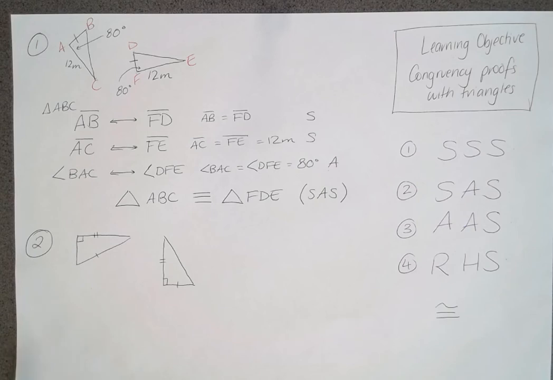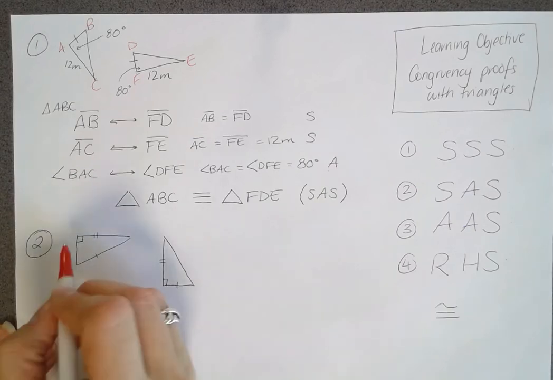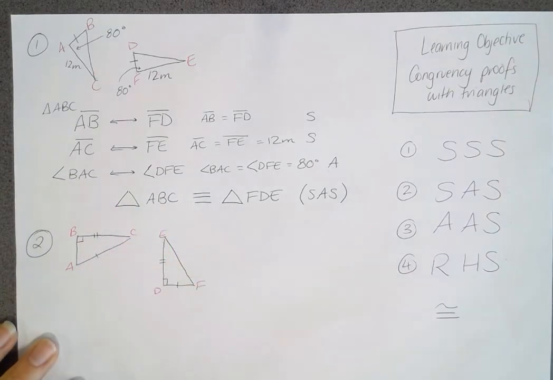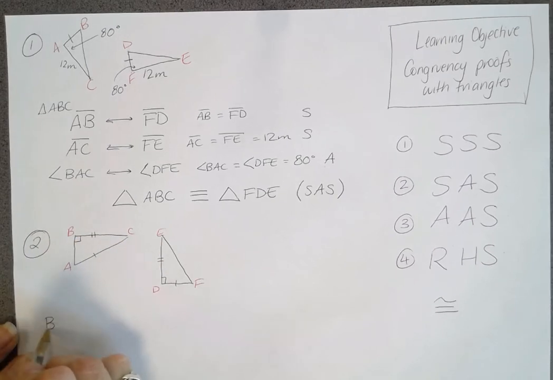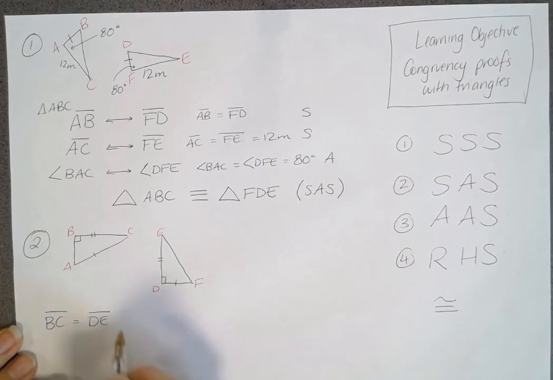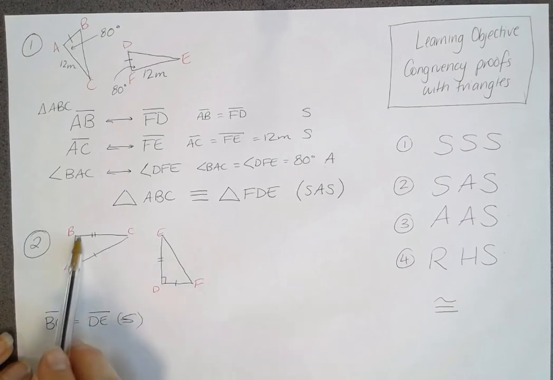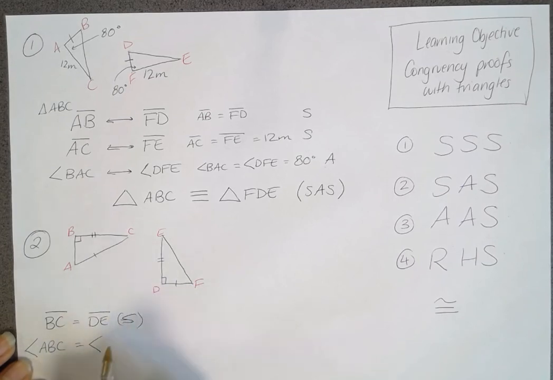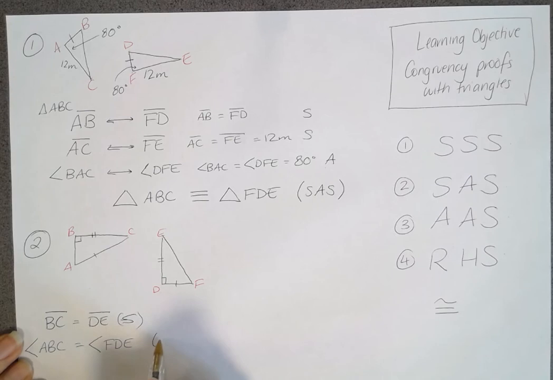So let's have a look at our second pair, and we're going to go much faster this time. We've got A, B, C, we've got D, E, F. Let's have a look at our corresponding sides. We know some information about this one. It's got the double dashes, and it actually matches up here to this side. So BC is equal to DE, sides, and that is side, so we can write S. We've got an angle. Let's go angle ABC is equal to angle FDE, and that is an actual angle, but